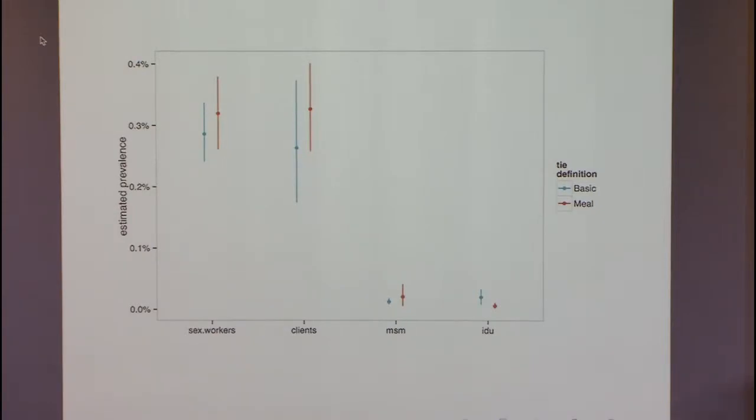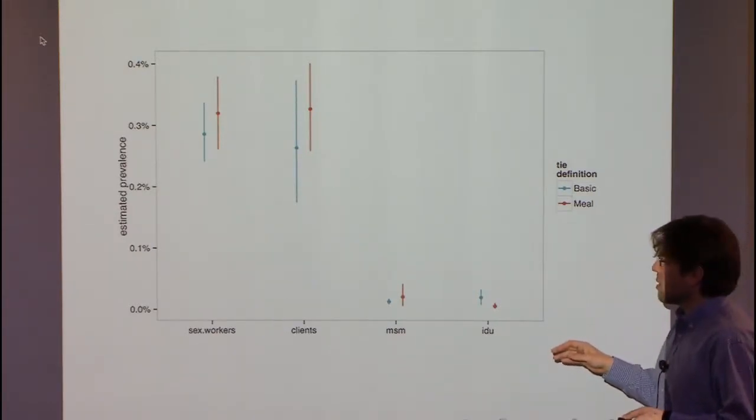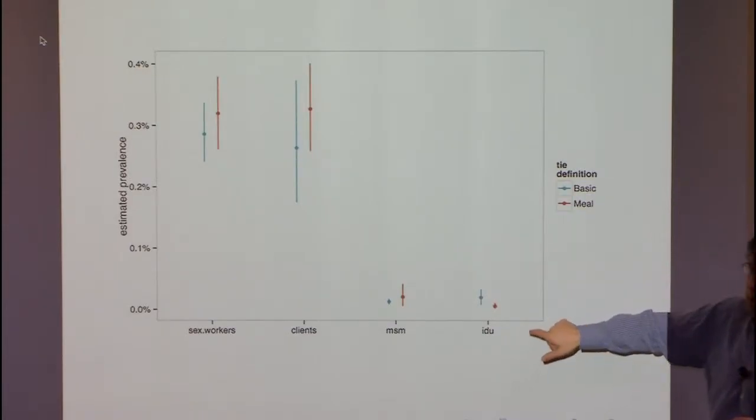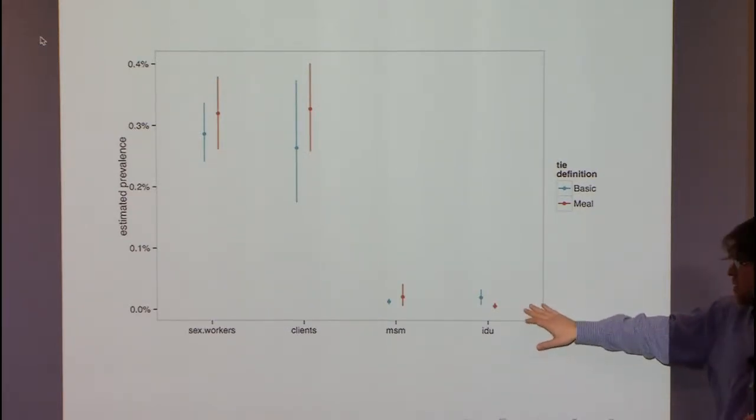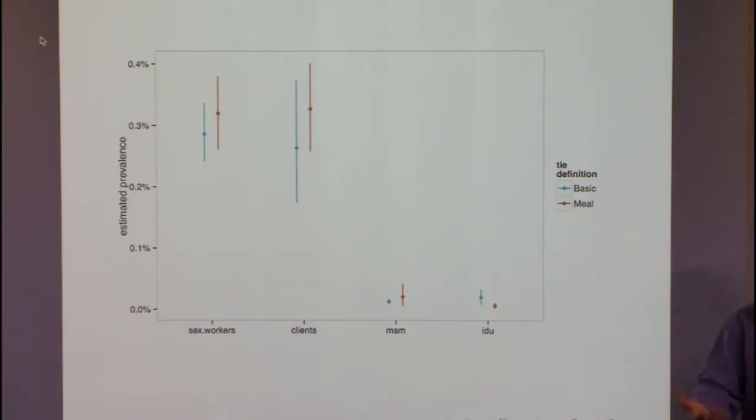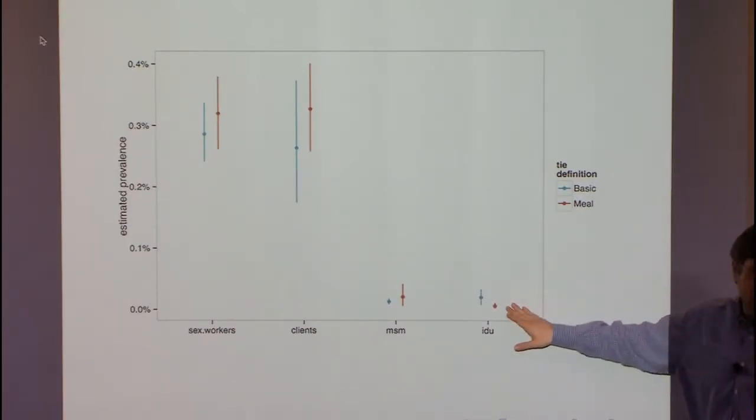Also, we could talk a little bit more about the face validity of these estimates. The estimates show almost zero injecting drug users in Rwanda. This is very consistent with the expectations of people there. Basically, heroin is not produced locally, so it has to be imported. It either is flown in or comes in overland through Tanzania, which is also very expensive. There aren't a huge number of people in Rwanda with lots of disposable income, so there just aren't a lot of drug injectors there. In some sense, they thought it would be close to zero, and we estimated close to zero.